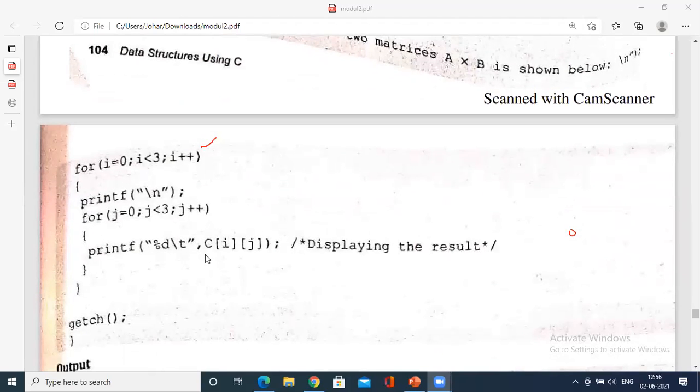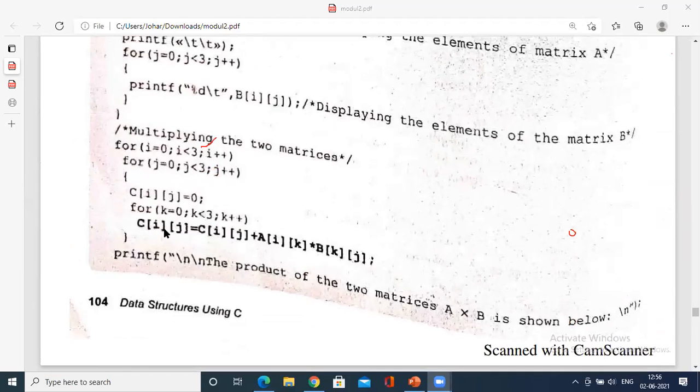Same as before, you have internally calculated C of 0 0, and that has to be stored, no? That has to be displayed, the same way you display a matrix. Display the value of C of 0 0, C of 0 1 without using the k value. K is used only for calculating the individual value of each position of the matrix C, C of 0 0, C of 0 1.